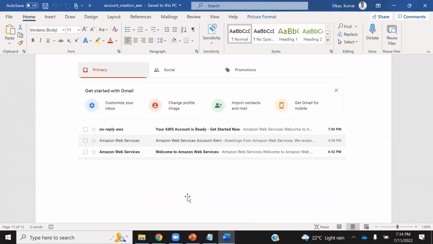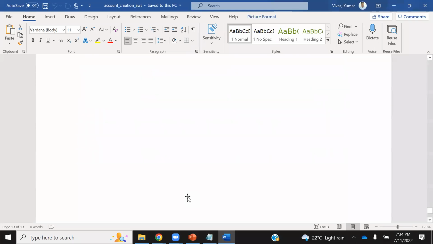If your account is not ready to be used, some payment issue is there or some mobile number issue is there, the mobile is not getting validated. So all those issues can be there, but you have to get it sorted and you have to come up with an AWS account so that you are ready with your account. Once you're ready with your account, we will start with the hands-on work.